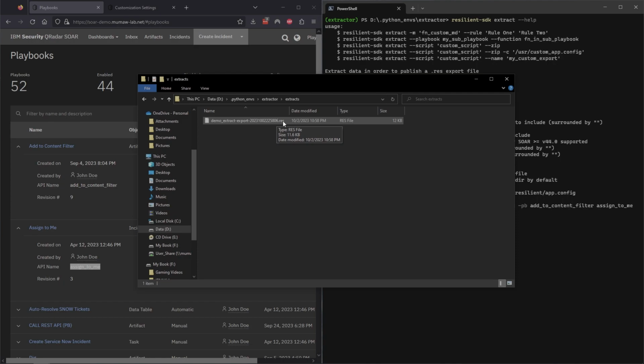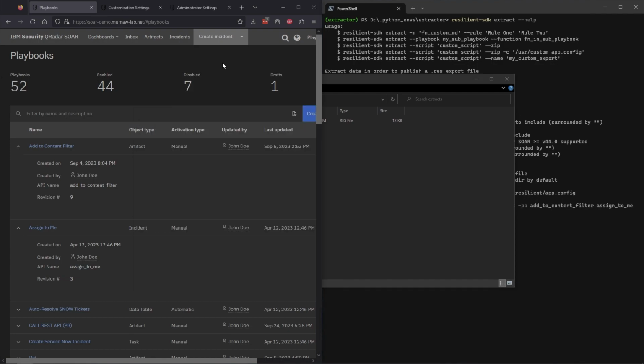So what we're actually going to be doing is, this is not going to go into the Playbooks import module. This is going to go in the migration tool import. So the way that we would actually import this is by going to SOAR. And then what we're going to do is, instead of clicking this import playbook here, what we're actually going to